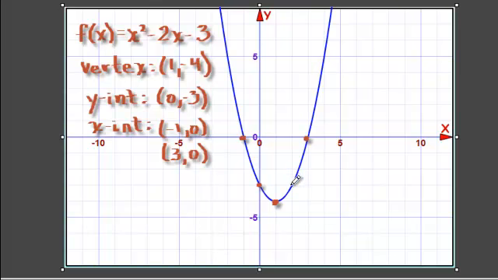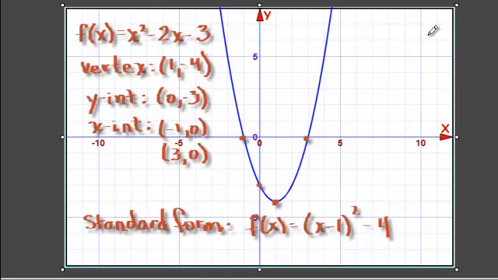And these are the exact points that we calculated. Now this doesn't happen very often, but occasionally you'll get a quadratic that's given to you in standard form. I've written down this exact same equation in standard form, and when it's given in this format, you can read off the vertex. This will be your x-coordinate point, and the standard form actually looks like x minus h quantity